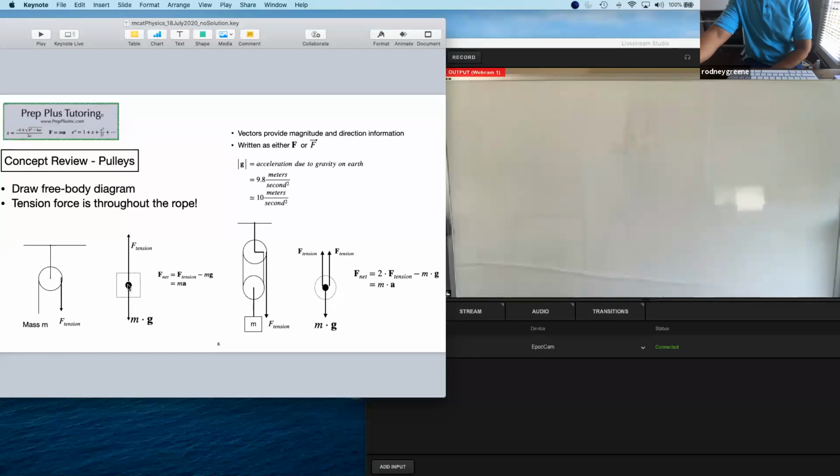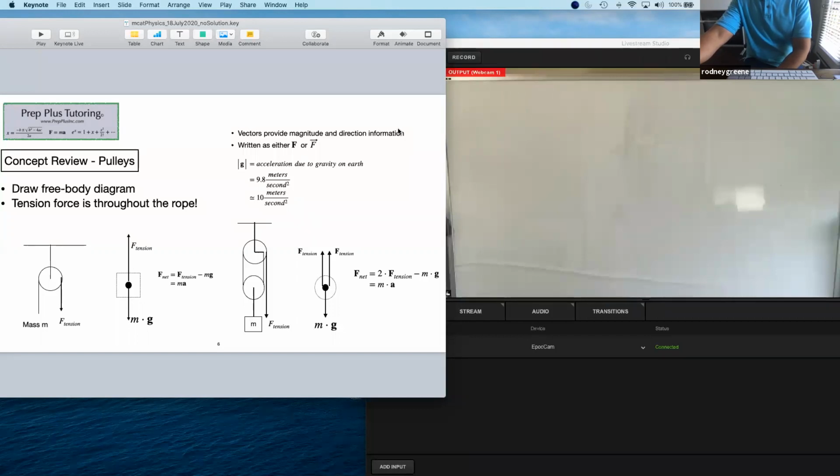The dot represents the center of mass. The center of mass is sort of the imaginary point where all the forces act. So you have a mass, which may be a box, it may be a car or whatever. It has some volume, but we will represent forces acting across that entire volume as a single dot, which is the center of mass. And in this example, we have the force of gravity going down, that's mass times the acceleration due to gravity, and the tension in the rope pulling up on this mass.